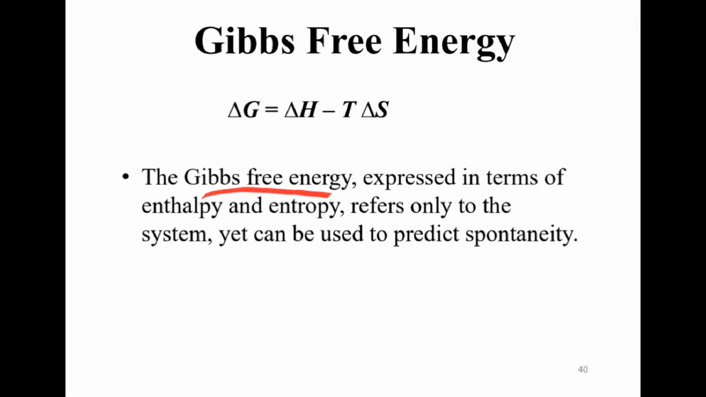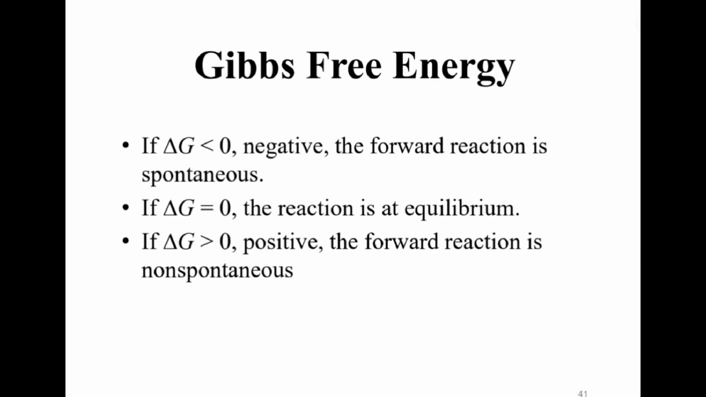The Gibbs free energy, which is expressed in enthalpy and entropy, refers only to the system, yet can be used to predict spontaneity. ቀደም ሜንሽን ለማድረግ የሞከርኩት ነው። It also indicates the spontaneity of a reaction or a process ብለናል። So Gibbs free energy በኢንታልፒ እና በኢንትሮፒ የሚገለጽ ሲሆን ስርዓቱን ብቻ ነው የሚያመለክተው ማለት ነው። Only refers to the system. ስርዓቱን ብቻ ነው የሚያመለክተው። ሆኖም ግን ስፖንታኒቲን ግን ለመተንበይ ሊያገለግል ይችላል ማለት ነው። So if change in Gibbs free energy is less than 0, meaning negative